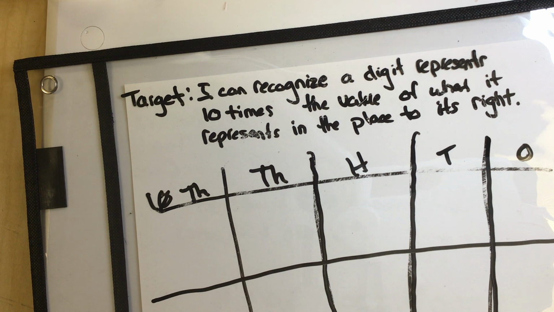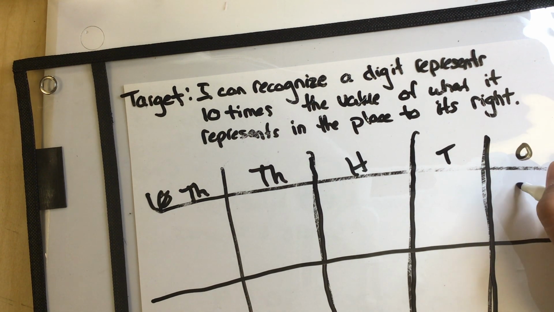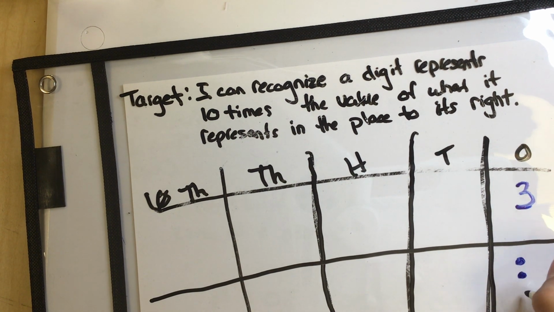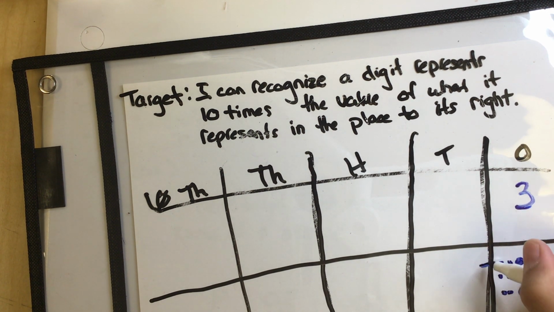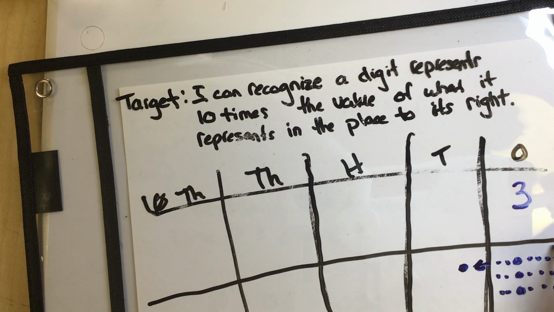So let's start out with writing a number in standard form. I want to write down the number 3, okay? Our 3 is shown by 3 dots. Now, when we multiply it by 10, so if we want to find what is 10 times as much as 3 ones, normally we would end up drawing our 10 groups, or 10 dots for each group. And then that would just go here. Each group of 10